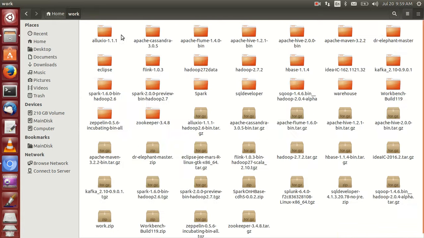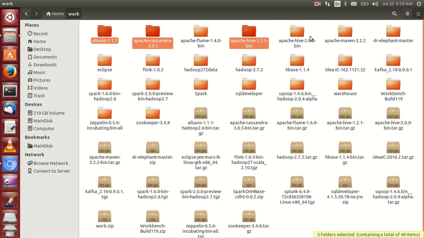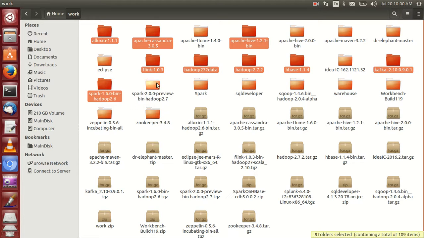Within this work folder, you will get Alluxio, Cassandra, Hive, Flink, and Hadoop folders, then HBase, Kafka, Spark 1.x, 2.x, Sqoop, and Jupyter. You will get all these folders.